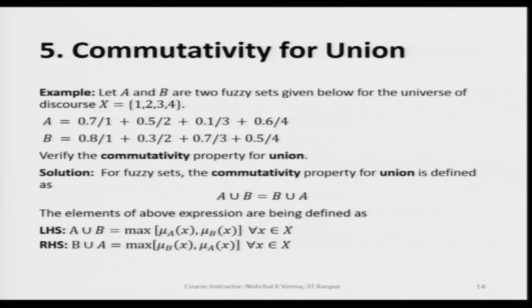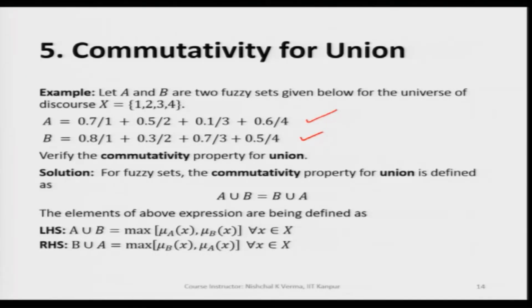Now, let us take another example where we have two discrete fuzzy sets. So, if we take here A fuzzy set as a discrete fuzzy set and B also a fuzzy set which is discrete fuzzy set. So, let us now try to see whether A union B for discrete fuzzy sets is equal to B union A or not. Of course, this is going to be equal, but let us see how we are going to get this verified.